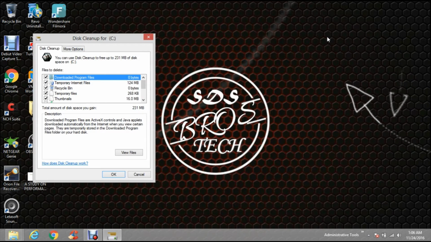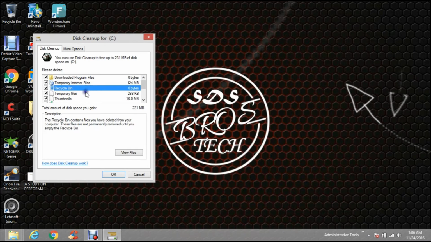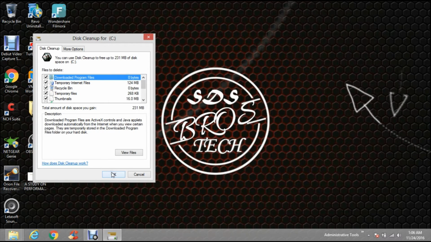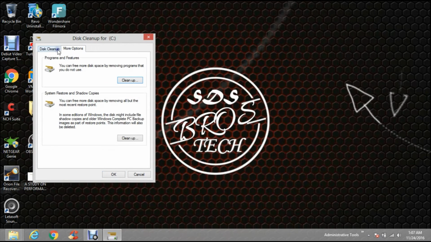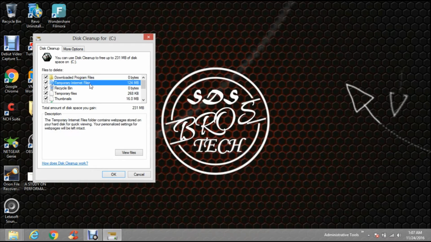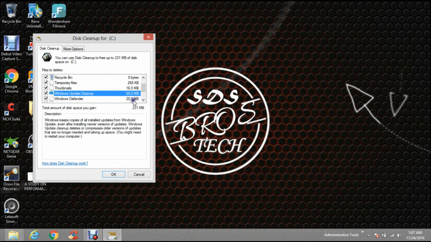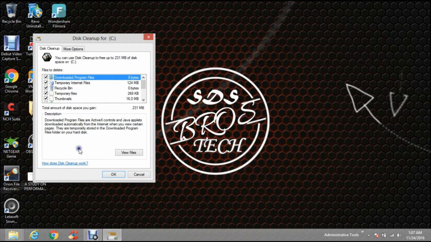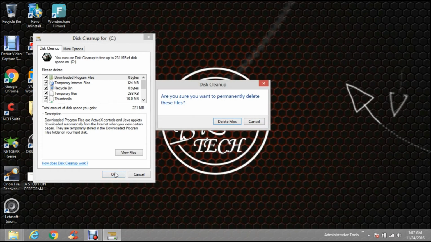After a deep scan, you will see some extra segments like Windows Update Cleanup and Windows Defender. When you install a new OS on your PC, you will also see a new segment called Old OS or Previous OS installation files. After the deep scan, you won't see the Clean up system files option again. If you click OK, you are good to go. Junk is gone for the moment from your PC. No worries now.